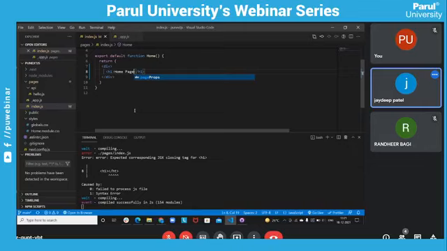Works fine. Now let's go with nested routing. Suppose we have a blog page. Firstly we create a blog folder. Inside the blog folder we can write an index.js file.